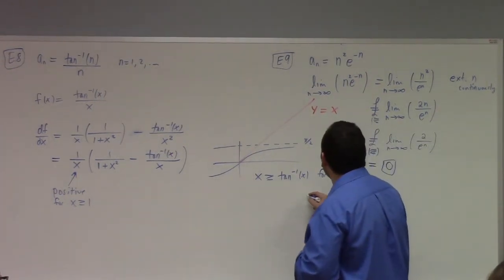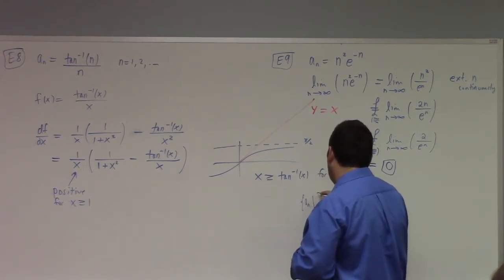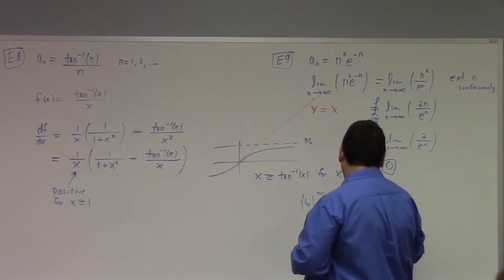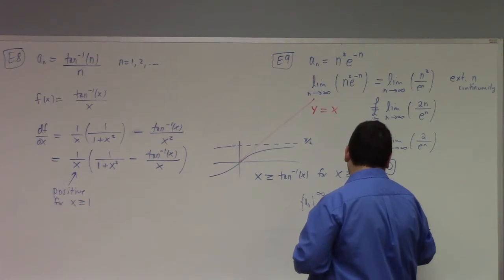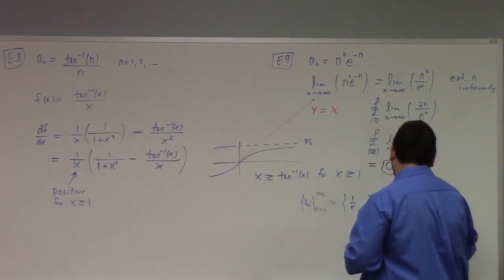What are the terms in this sequence, actually? I've got, what, 1 over e, 2 over e squared, not 2, but 4 over e squared, 9 over e cubed, 16 over e to the 4th,